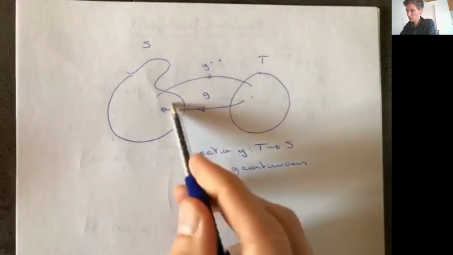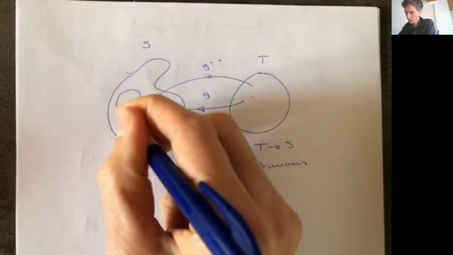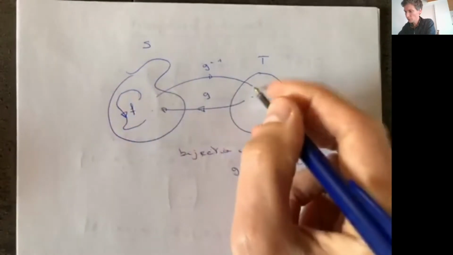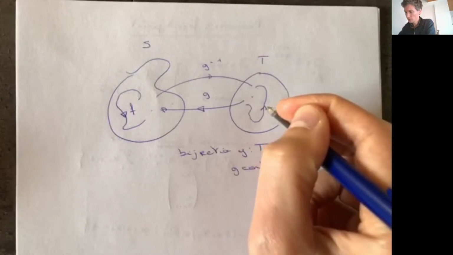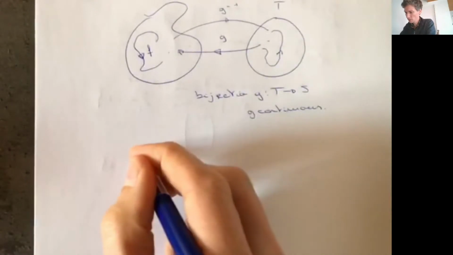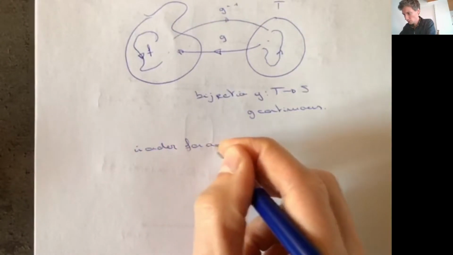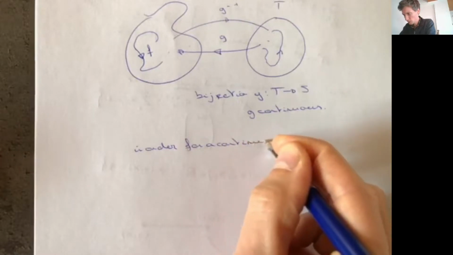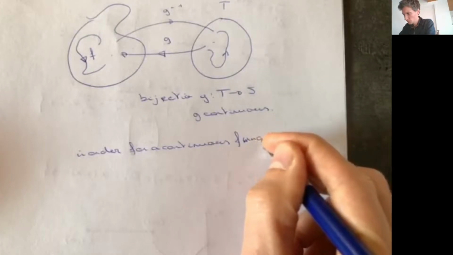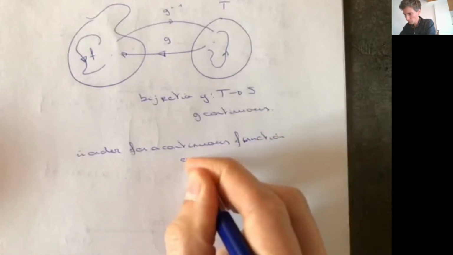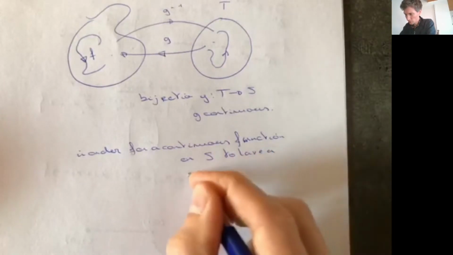Okay, so this one is continuous and the inverse is continuous. Then any continuous function here on S will have a fixed point as long as a continuous function on T will also have a fixed point. Okay, so in order for a continuous function on S to have a fixed point,